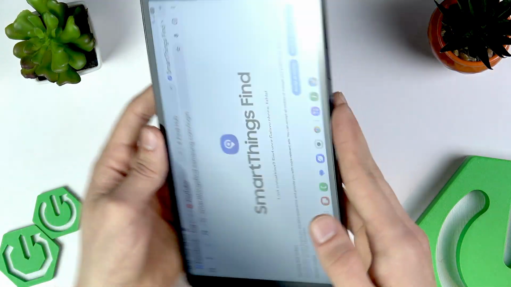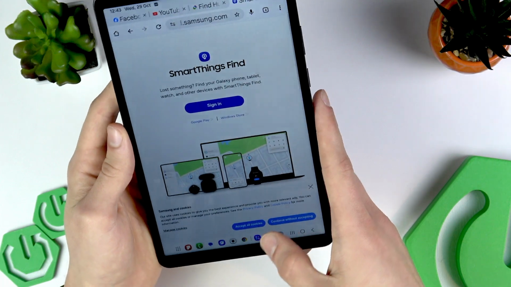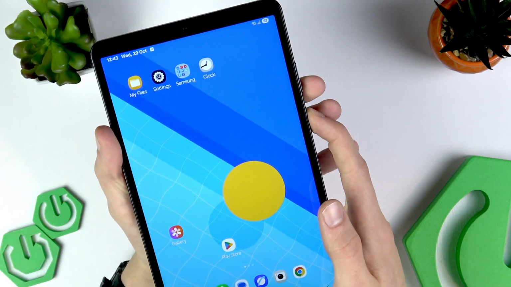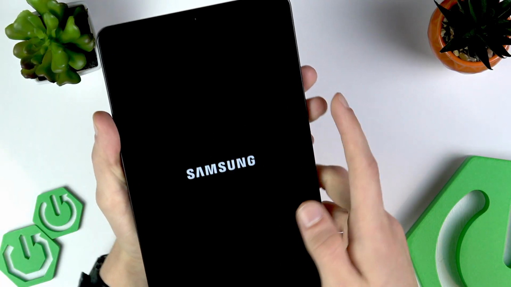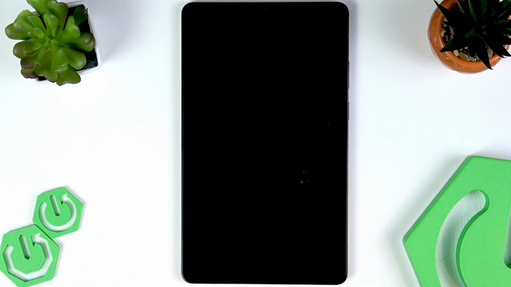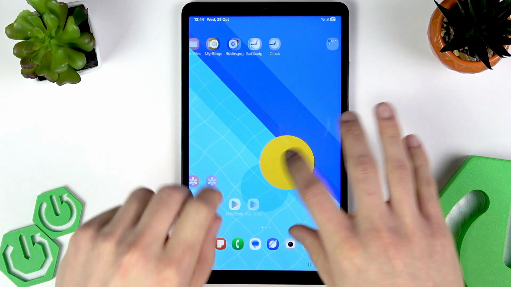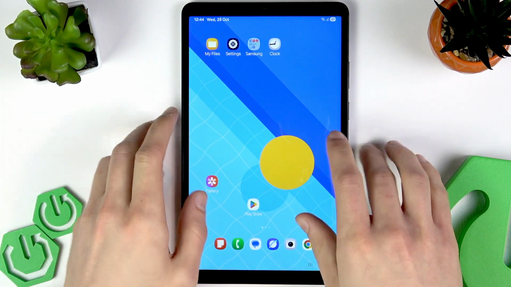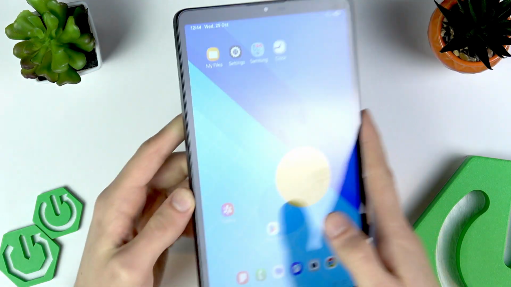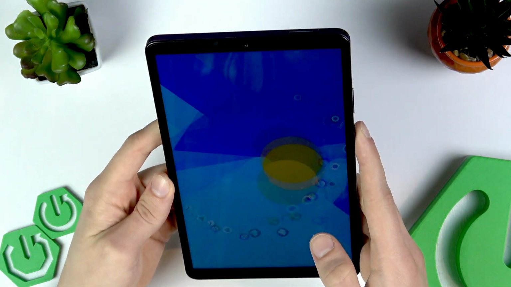Try to tilt your tablet in different positions, and if the problem remains, then restart your tablet by holding down the power button, selecting restart and confirm, and this resolves most issues, in most cases. So right now just wait until your tablet is restarted. Now check your device, check if the auto rotation started working properly on your tablet, and if nothing changed, then